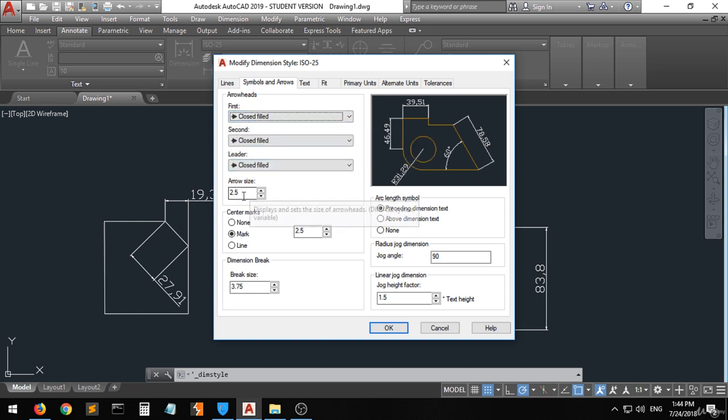Okay, there's the arrow size. The arrow size is set to 2.5. You can change it, for example, to 5, enter. And then you can see that the size of the arrow has changed. Let's set it, for example, to 10. Press enter. You can see that the size of the arrow has increased. But let's set it back to 2.5. Enter. You can see that the arrow size has been decreased to 2.5. Okay,